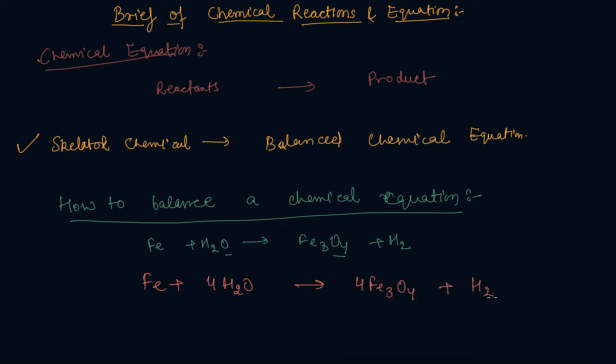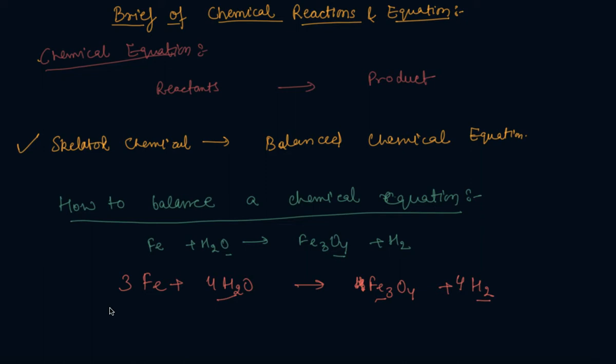Next we will see the second largest change in the number of atoms of an element. So it was hydrogen. Hydrogen here is 8 and here it is only 2. So we will add 4 in front of hydrogen. Then only Fe is left, so we will add 3 Fe here. So the net balanced equation becomes 3 Fe plus 4H2O gives